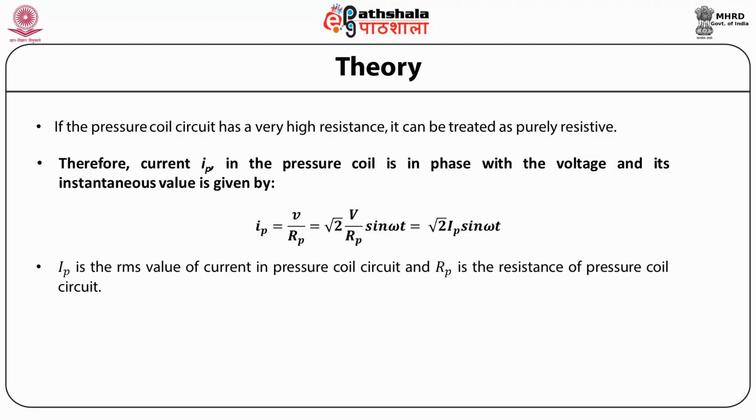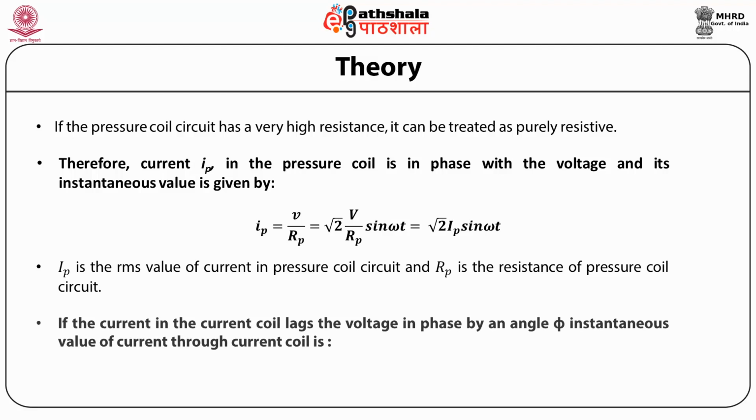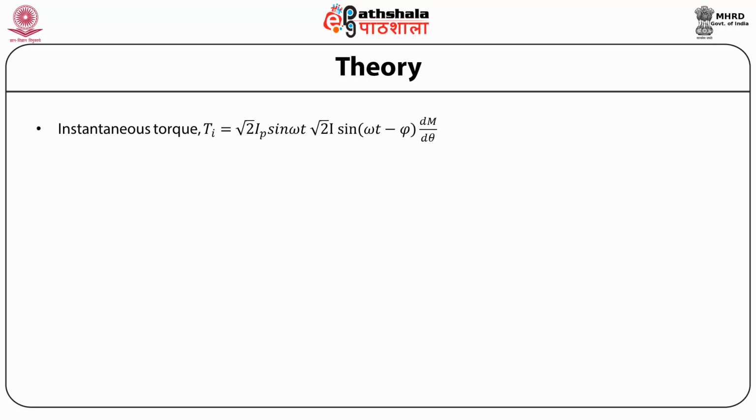and capital Rp is the resistance of pressure coil circuit. If the current in the current coil lags the voltage in phase by an angle φ, instantaneous value of current through current coil is ic = √2 I sin(ωt − φ). The instantaneous torque Ti is given as √2 Ip sin ωt multiplied by